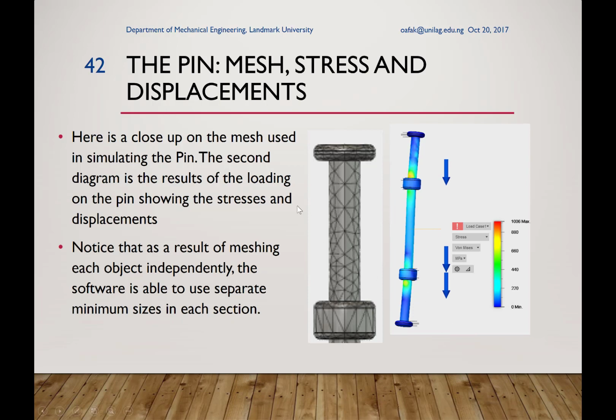We go to the solve now, and if we click the mesh, we can generate the mesh. This is a mesh of the upper part of the pin after we have enlarged it. This is the actual mesh that was used, and this is the result given in terms of the von Mises stress, and it's color coded so that, just by looking at it, you can see where it's getting redder, yellow to red. Those are the areas of maximum stresses, and where you are having dark colors to blue, you are having close to zero stresses.